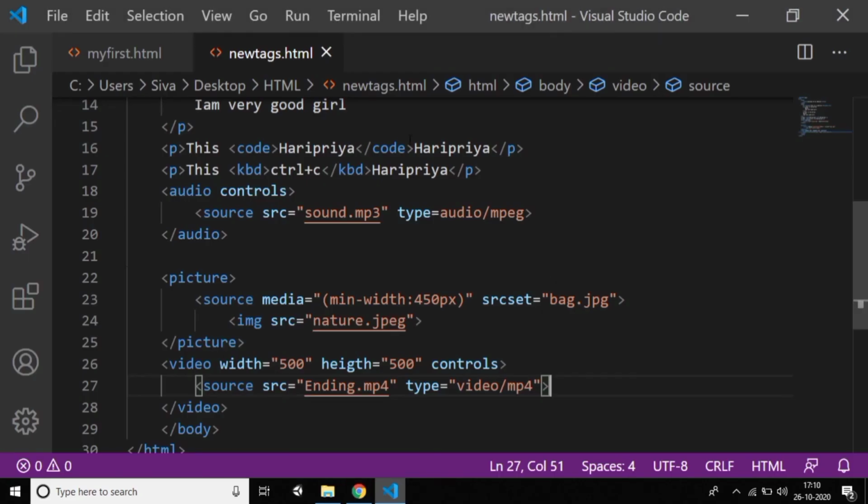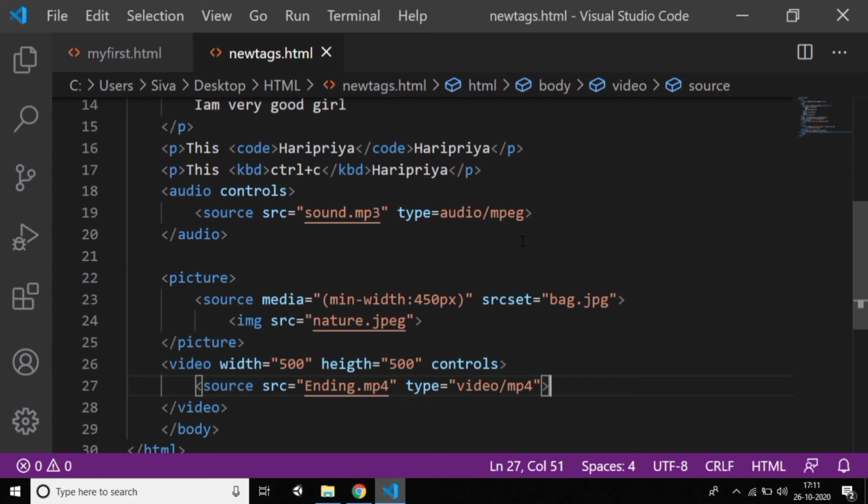So this is all about more useful tags, and many tags are available, but it takes time. I think you can learn by your own interest. I'll keep some links related to that, like more tags and HTML5 tags, which are mainly supported in Chrome and other browsers, in the description. Just open those links and learn any tag I missed. Of course, I missed many tags, but you can learn with your interests. So that's all about this tutorial.